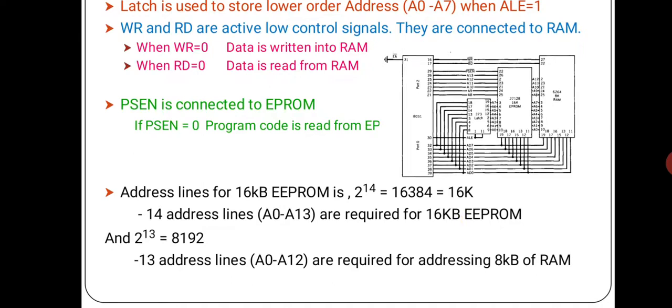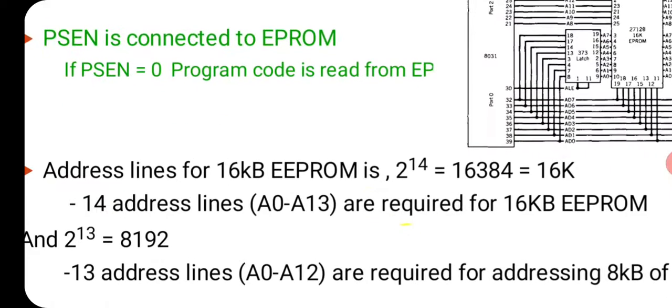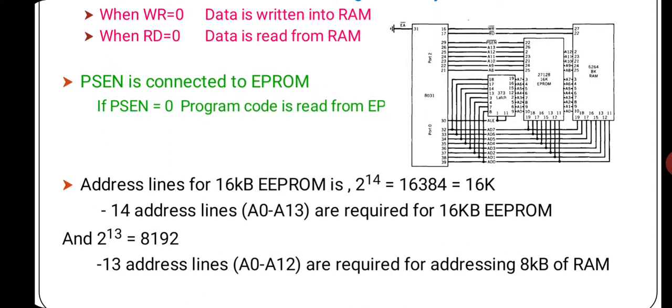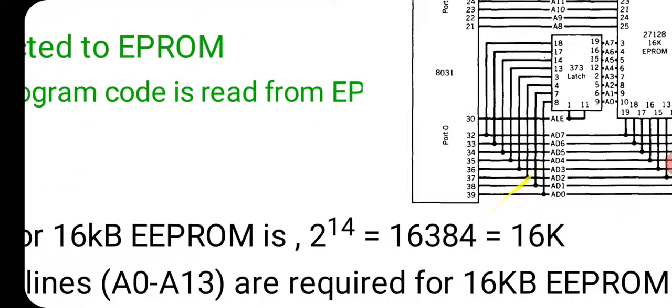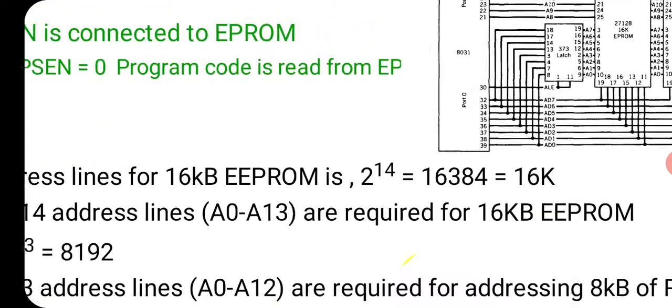Now, how many KB of ROM and how many KB of RAM to interface? I made you count the address lines, right? 14 lines for ROM and 13 lines for RAM. The address lines for 16 KB ROM is equal to 2 raised to 14. You counted 14 lines for ROM memory, A0 up till A13, which means a total of 14 lines. 2 raised to 14 will give you